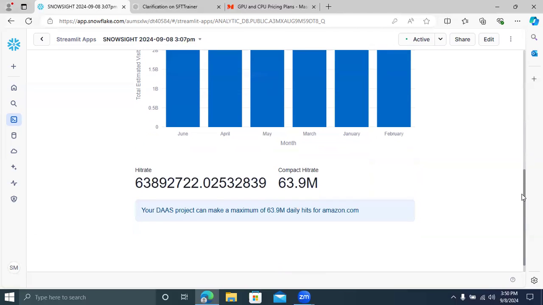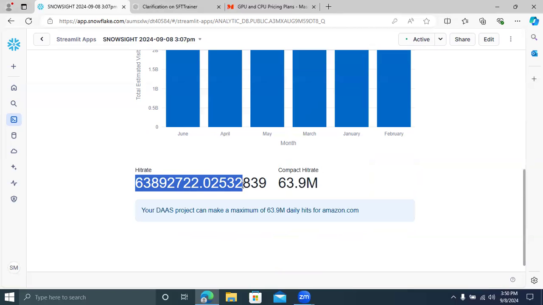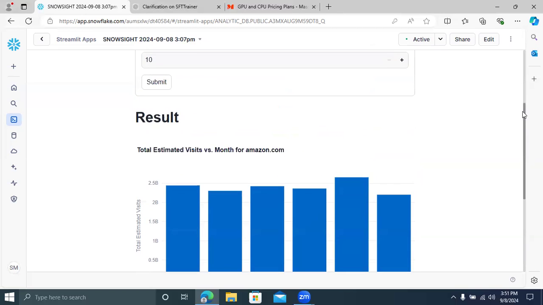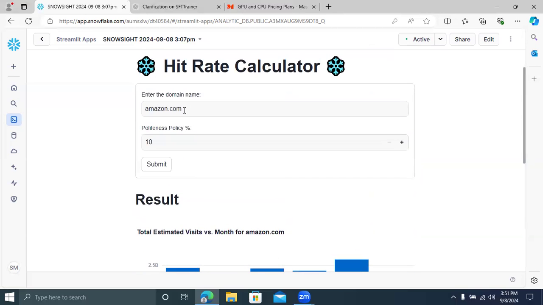Then you can see the bar graph as well as the hit rate. Now you can see some huge numbers, right? Around 63.9 million were accessing this domain, and it's giving the total count of 69.39 million. Now, if you give some other website, like Flipkart, which may not be available in the data, I will check. If you give submit,